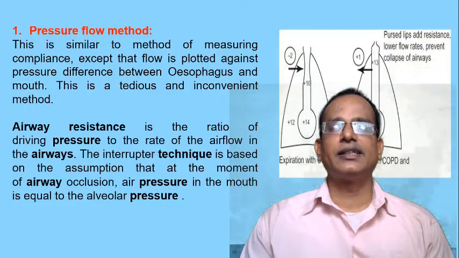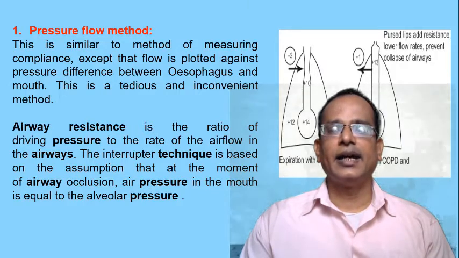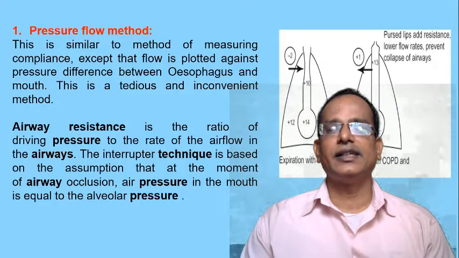So here first we will discuss the pressure flow method. You are seeing the diagram of the respiratory system, the lungs. In the alveoli, shown as small balls, there is a variation of pressure, for example 10, plus 10, plus 14, plus 12, and so on, at different levels in different alveoli. Atmospheric pressure is 760 mmHg. Due to the pressure changes, there is airflow.